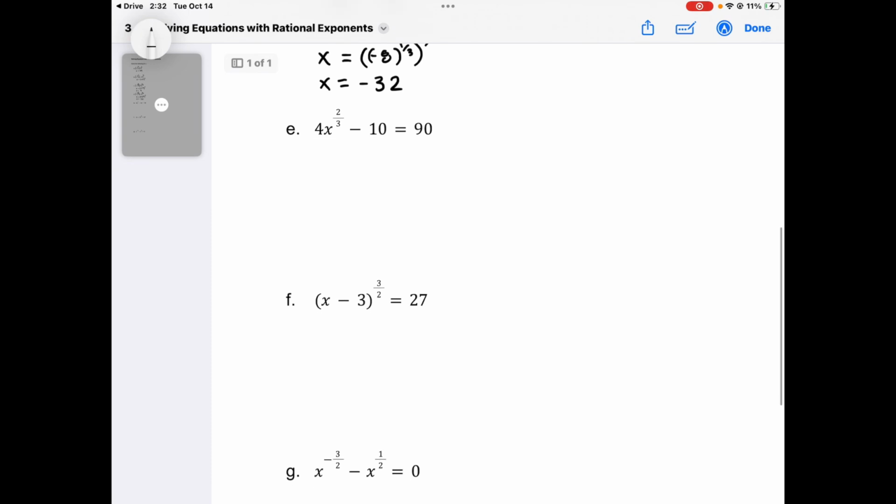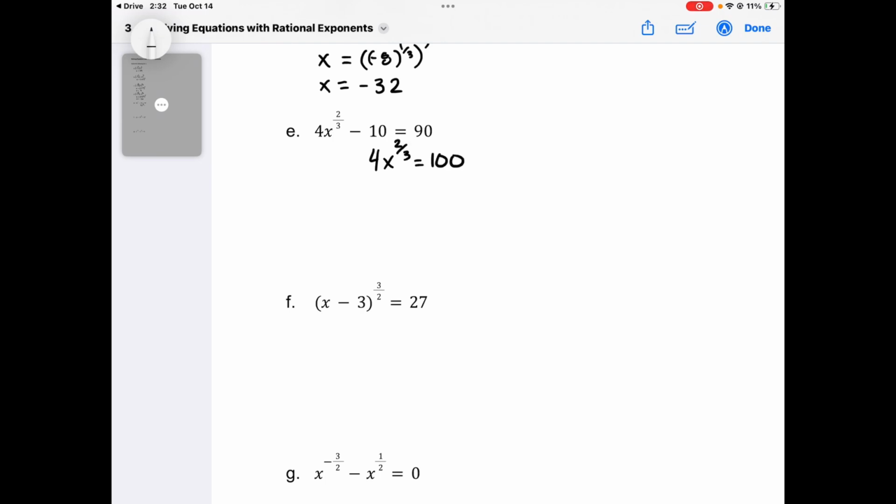E, F, and G look a little bit different. We're still trying to get x by itself, except now we have some other operations involved than just the rational exponent. So here, the first thing that I'm going to do is undo my subtraction by adding 10 to both sides. The next thing that I'm going to do is divide both sides by the number that's in front of the power. I'm doing BEDMAS backwards to get x by itself. And then the last thing that I'm going to do is raise both sides to the reciprocal power, or to the inverse power,